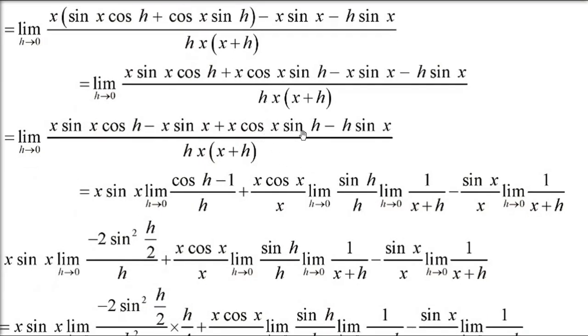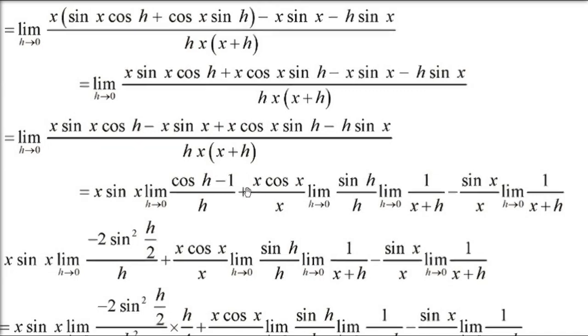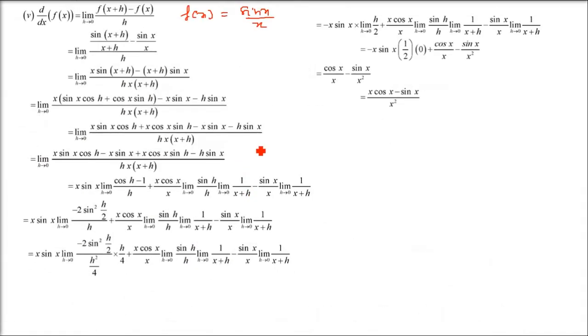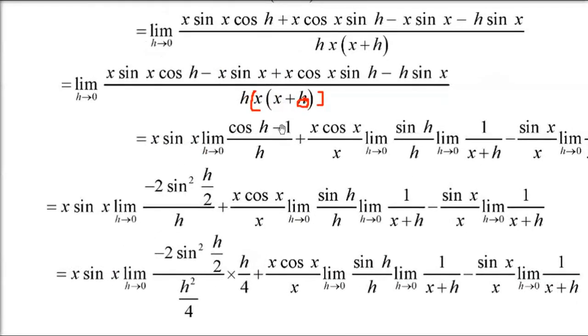Now coming to the second term, x cos x sin h. Now we have sin h. So as I said, you have to take x, h and x plus h. You can take them separately also. You can take it either way, because eventually what I am trying to suggest is that for x plus h, you can always put h as 0. I am just applying the limit for x plus h. H is 0, so x square, and h x square will be there in the denominator everywhere.